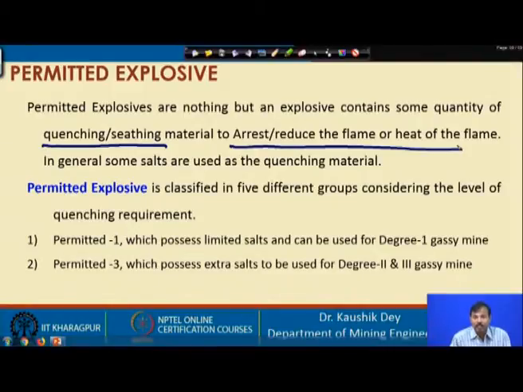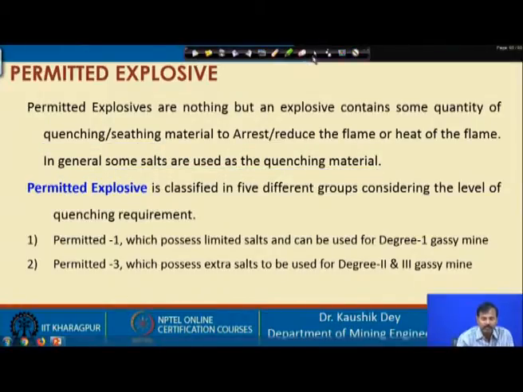If it is there at all, it is not of that much magnitude that will ignite the methane air mixture. So, basically what we are doing is mixing some quenching or seething material with the normal explosive types, so that we can make it a permitted explosive. And based on this,